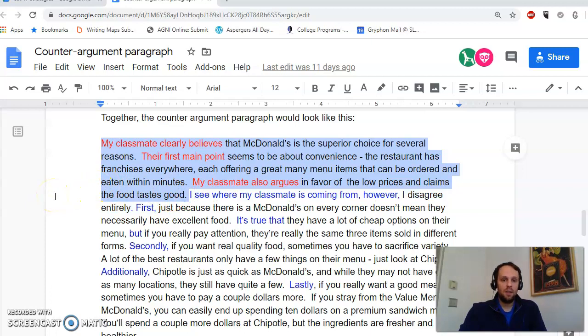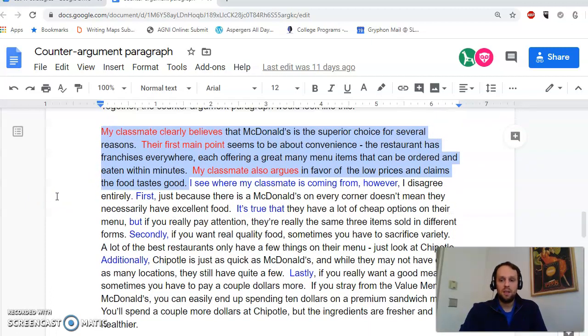And you notice that it's short. It's only 3 sentences. And that's because we really want to get to the main part of the counter-argument, which is where you take these 3 reasons or these 3 things that the other side is arguing and then go step by step, saying, I disagree with this part because X. I disagree with this part because Y. I disagree with that part because Z. And so while you are explaining what the other side believes, you are explaining it so that you can take it down. And that's what we're doing here.